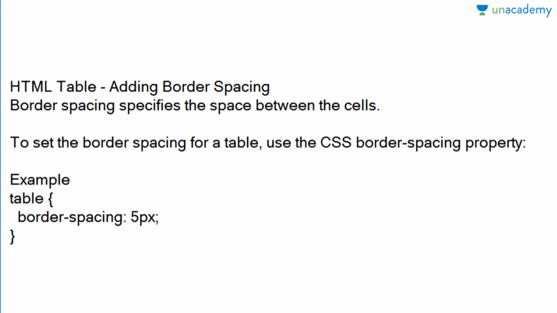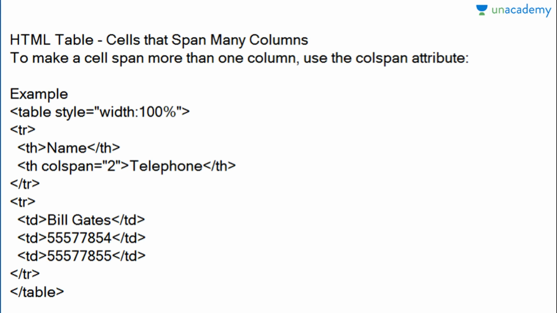How to use that? Let's see. Then we have to use this property, table bracket start border-spacing 5px bracket close. So a total space of 5px will be left between each block of that table. So you have to use this in your website, or you can try this over your notepad also. Then you will see the difference in the output, how border spacing is applied, and then you can change. You need to just change this value from 5px, you can change it to 10px, then 15px, and see how the output varies.